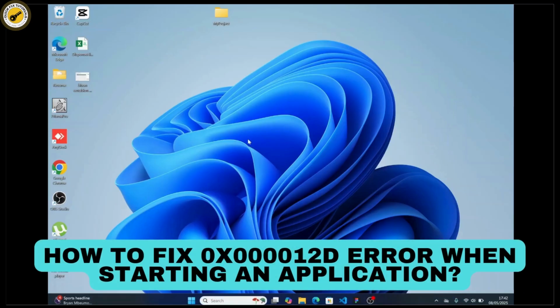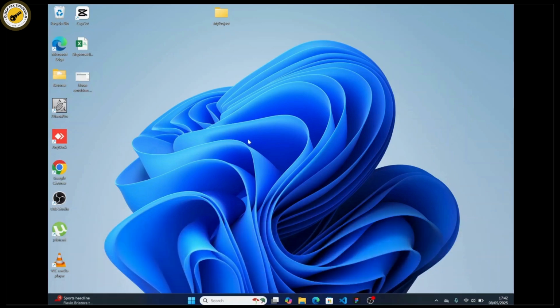How to fix 0x000012d error when starting an application on your Windows 10 or 11. So let's get started. To fix that issue, first thing what you need to do is just head over to